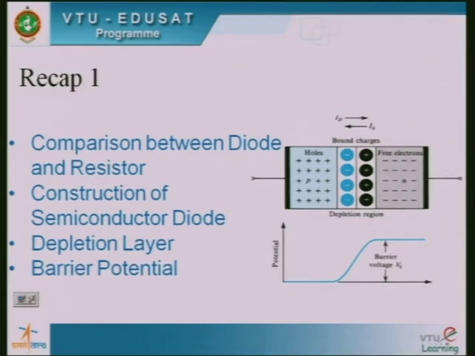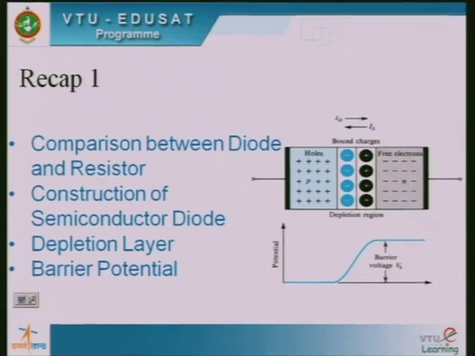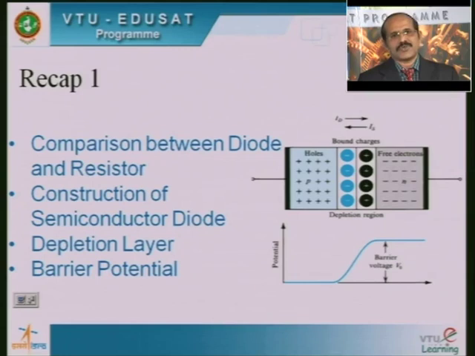As you know, the diode is a non-linear device, whereas a resistor is a linear device. The diode is, in fact, a two-terminal device unlike the resistor, but however the diode cannot conduct in either direction. It can conduct in only one direction, whereas the resistor can conduct in both directions. And also we have seen the